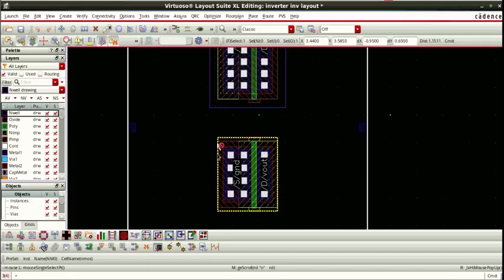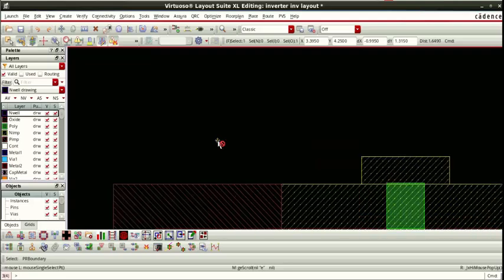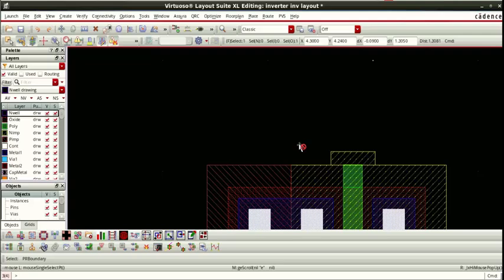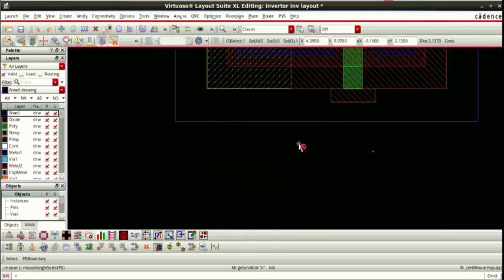Now we are going to connect the poly to poly, okay, or gate to gate. So for this layout, we should zoom as much as possible to see the clear connection. Now what I do is I press P from the keyboard. So P for path.